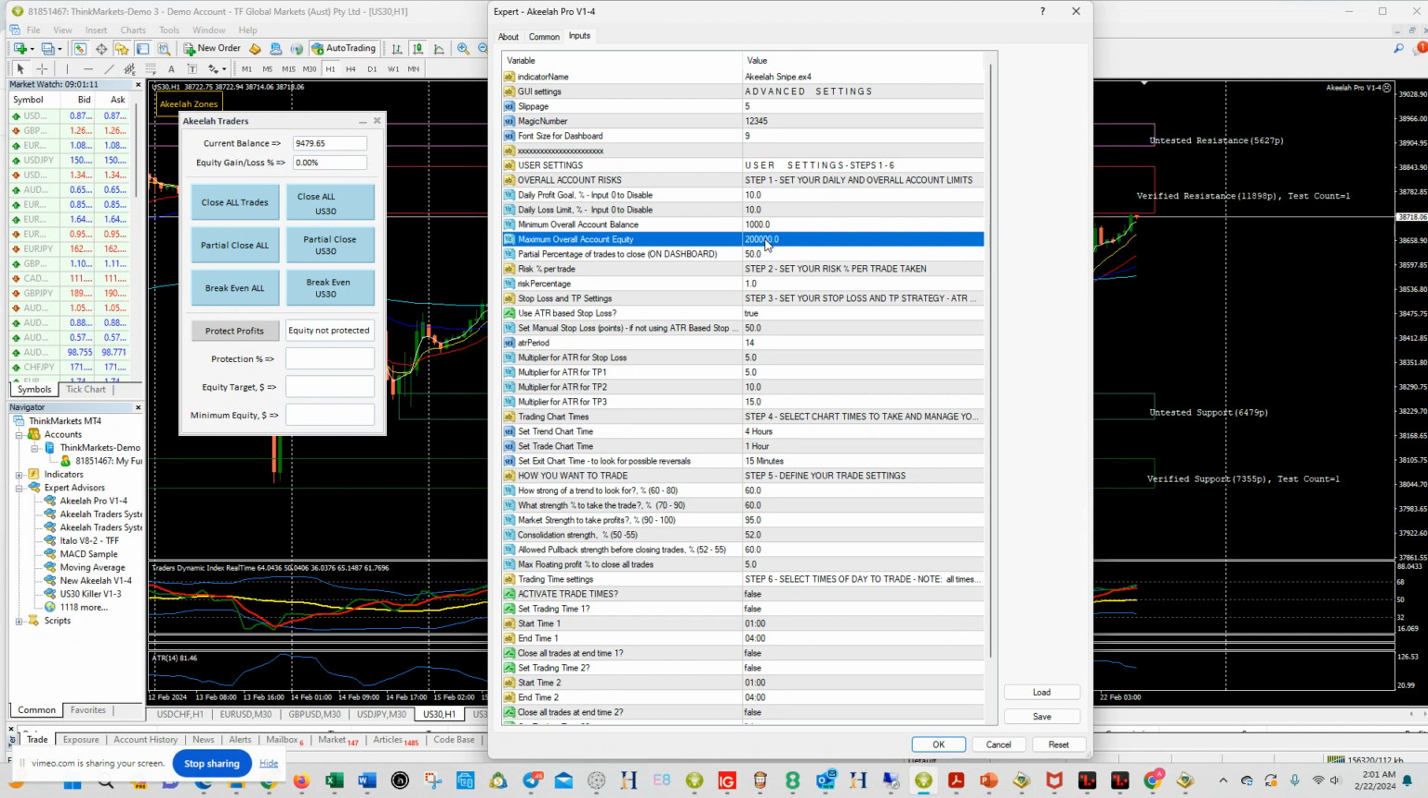When I get to that dollar amount, the system will automatically stop trading and won't pick up trading again until I come into the system and manually tell it that I want to trade again. Okay. Next thing